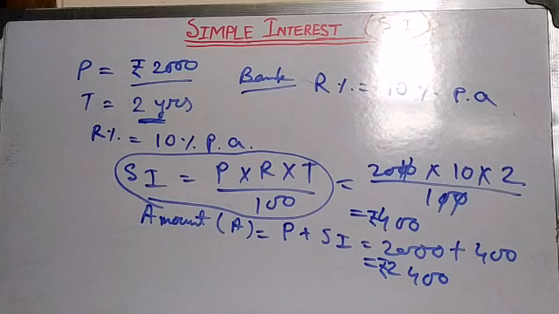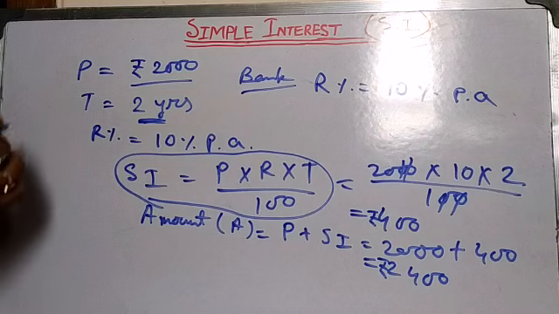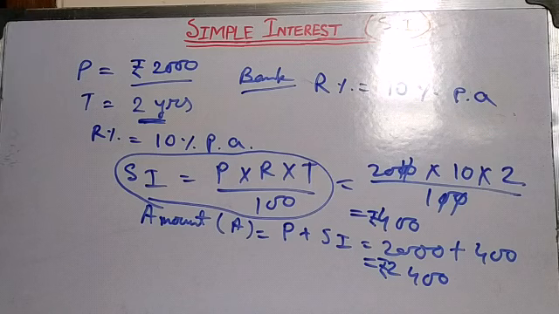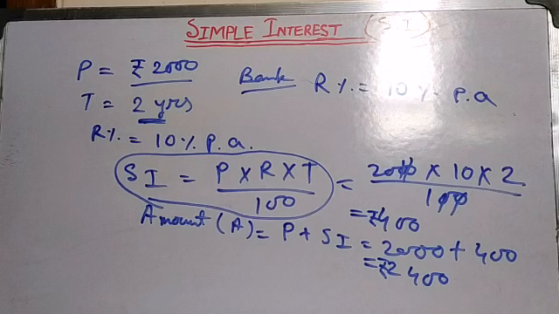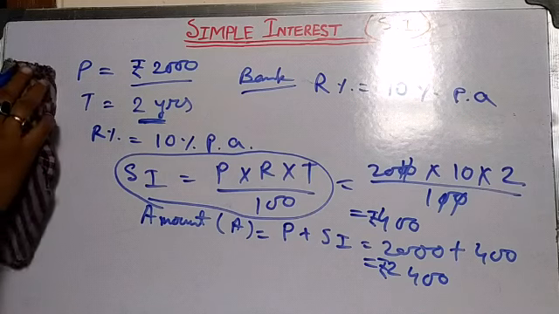And what is the use in our daily life? Because we have some money with ourselves. Suppose if we want to keep it in the bank, then after some years, if the bank returns to us some extra money, that is our profit. So this is one type of use. Another use, if we want to take a loan from the bank.